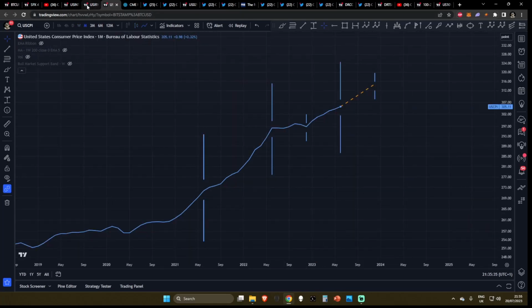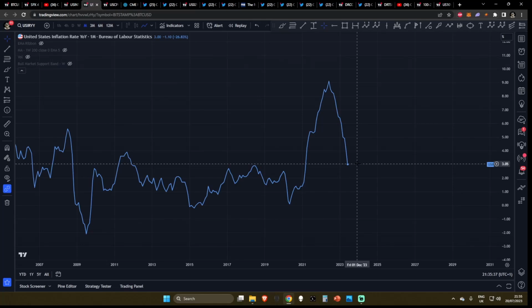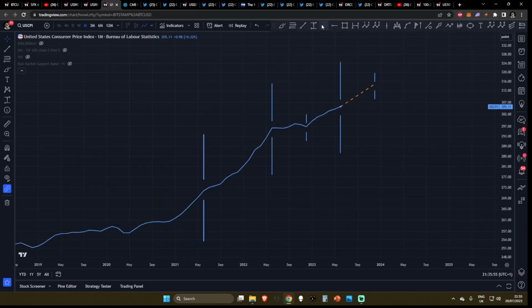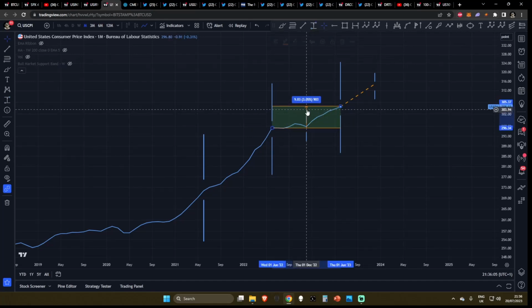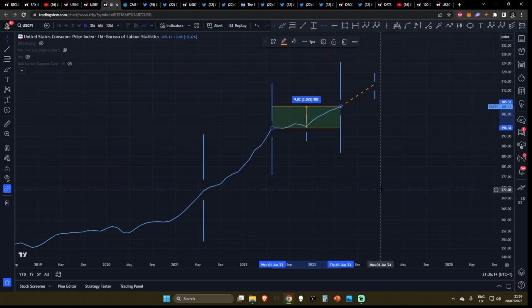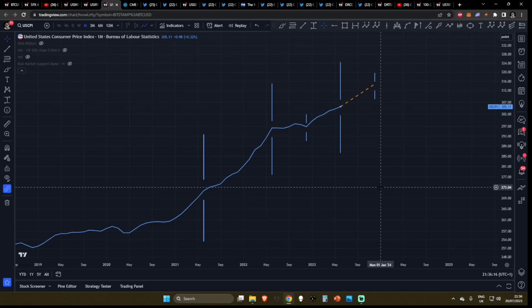Now, to summarize very quickly on why I think we're going to see CPI year over year start to come back up to the upside as soon as the next data point, and why I personally think that by the end of the year at December 2023, we are going to see CPI year over year back up at 6%. Well, here's why. If we come over to the CPI index, this is the index in which the year over year CPI is calculated. You simply look back 1 year and you measure the rate of change on the CPI index. Over here, you can see this is 3% inflation. This is why over on the year over year CPI, we are seeing 3% inflation right now, dropping down from 9%.